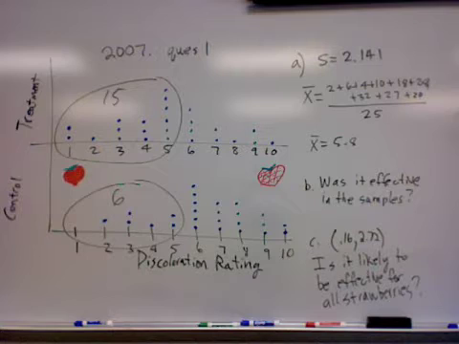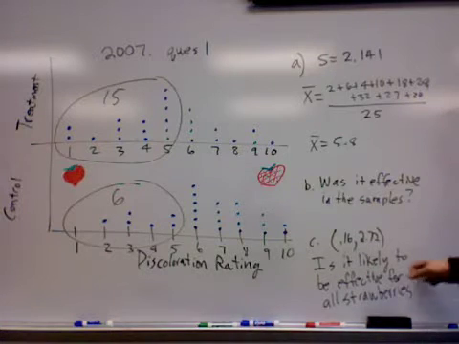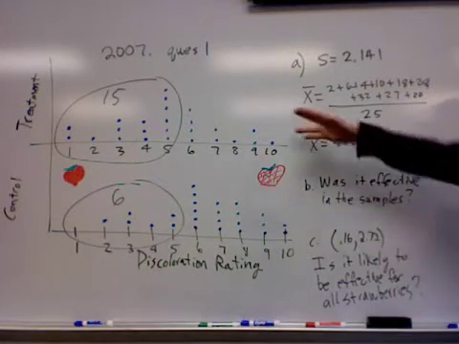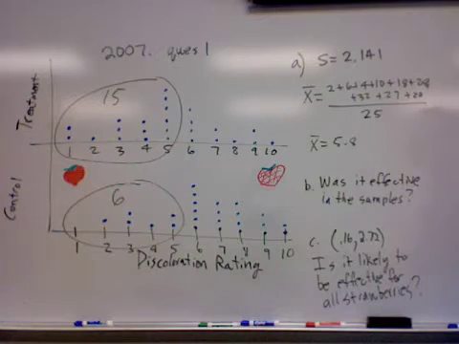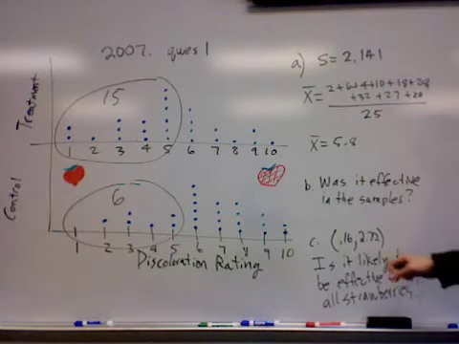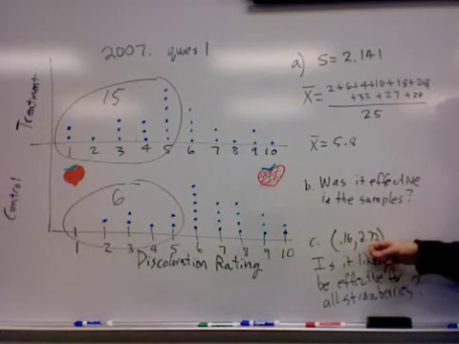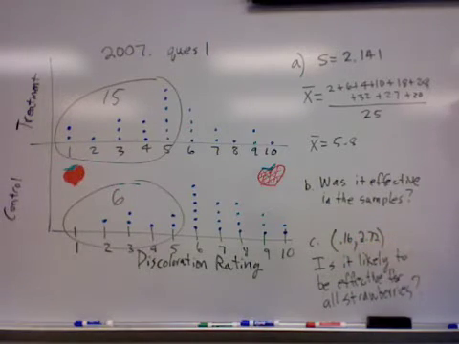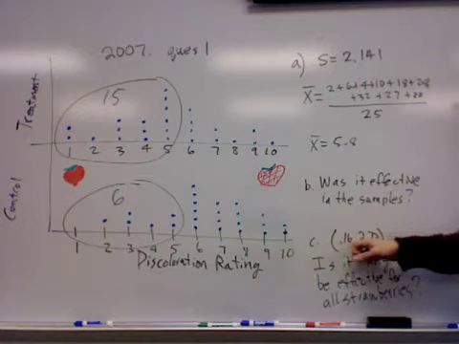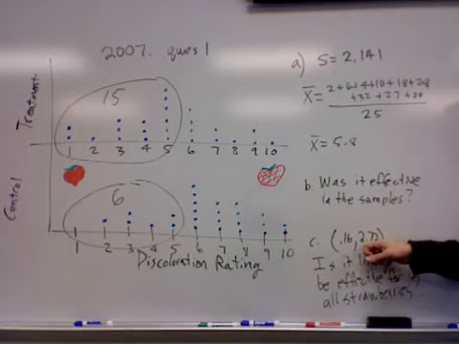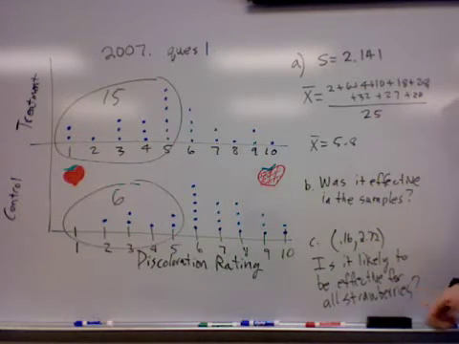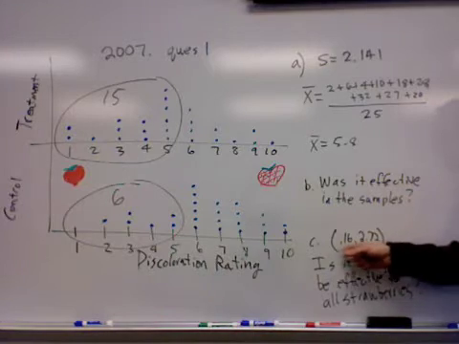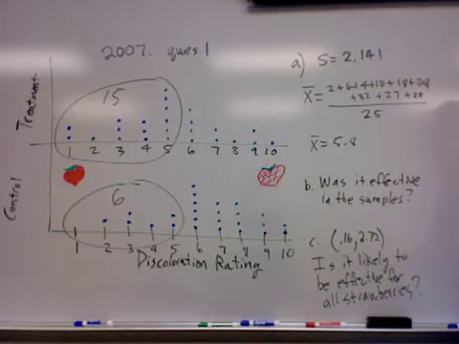Question C is asking, basically, is it likely to be effective? Is the chemical likely to be effective for all strawberries using a confidence interval that was given to you? So the difference between the discoloration of the two was given by this confidence interval here. And since 0 is not in the confidence interval, you can say that it is likely that it will be